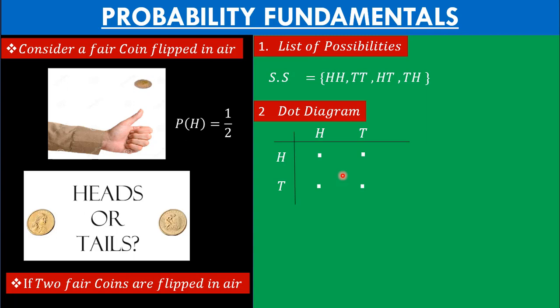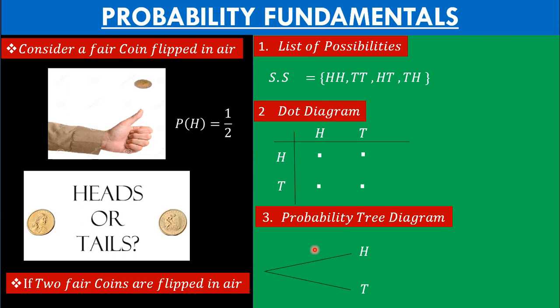So what we need is the third option. And the third option is the simplest of all, branches. The tree diagram, or the probability tree diagram, in which we have the branches like this. When you are flipping the coin in the air for the first time, you have got 2 options. Number 1, it is the head. Number 2, it is the tail.